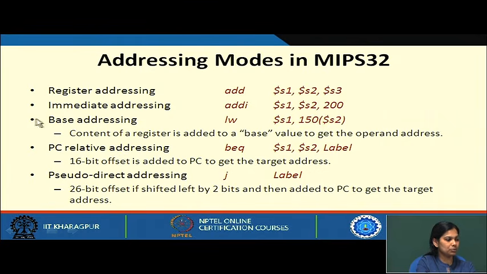Now, what are the addressing modes we have in MIPS? We have register addressing, we have immediate addressing, we have base addressing, where the content of a register is added to a base value to get the operand address. We have relative addressing here, and we have pseudo direct addressing. See, the 26-bit offset is shifted left by 2 bits and then added to PC to get the target. Why 2 bits? Because 26-bit, 2 more zeros we have to add, and then we add it to PC to get the target address. So, these are the various kinds of, see, we have learned so many addressing modes, but